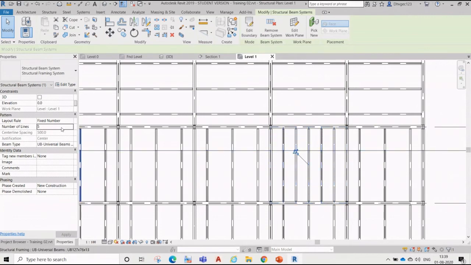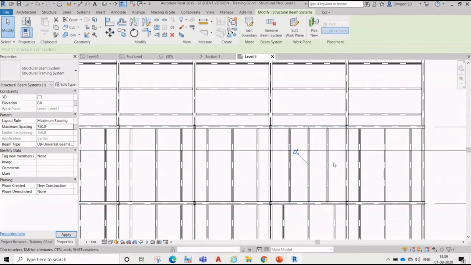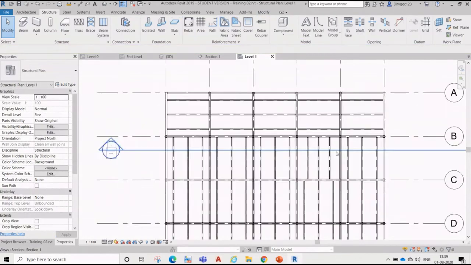Or if I say maximum spacing, and I put 500, then automatically it will count as the maximum spacing. Okay, so again we do fix and 750 or 1 meter as better.